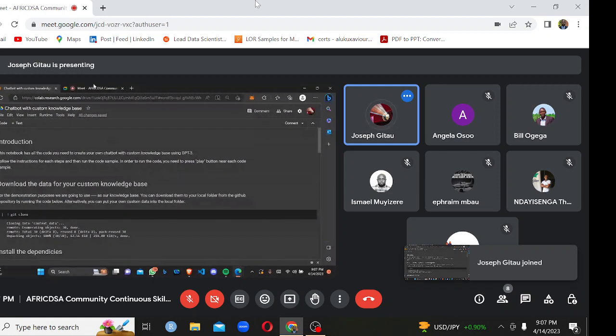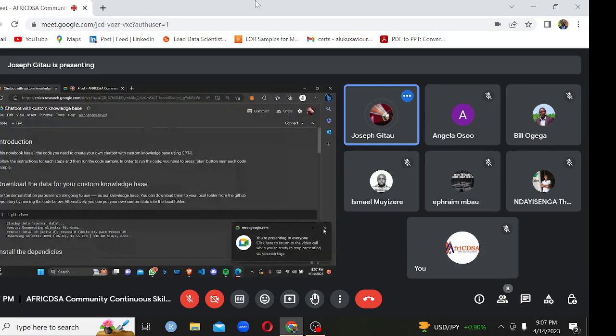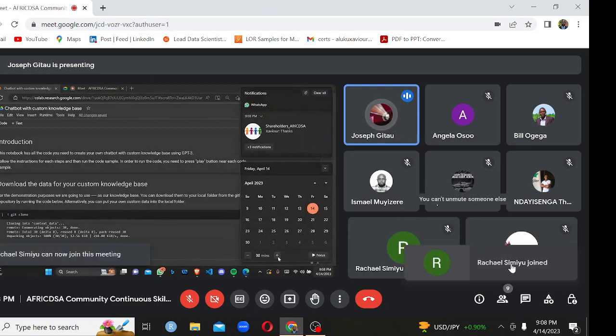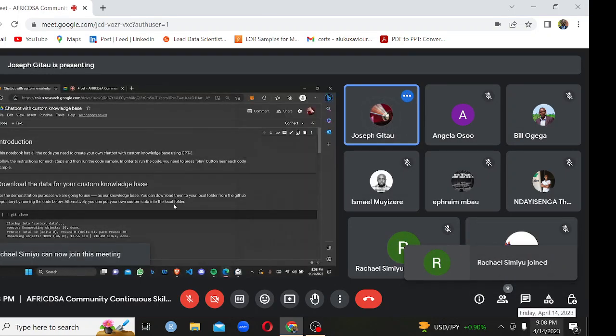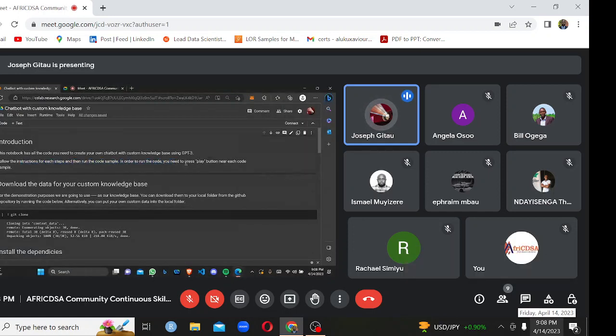Okay, so I have this notebook over here whereby we will be creating a chatbot with custom knowledge base. So what does the custom knowledge base mean? So last time as I was ending the session, I showed you how ChatGPT works and how it can maybe answer our questions, right? So today I'm going to show you how we can create our own bot which has